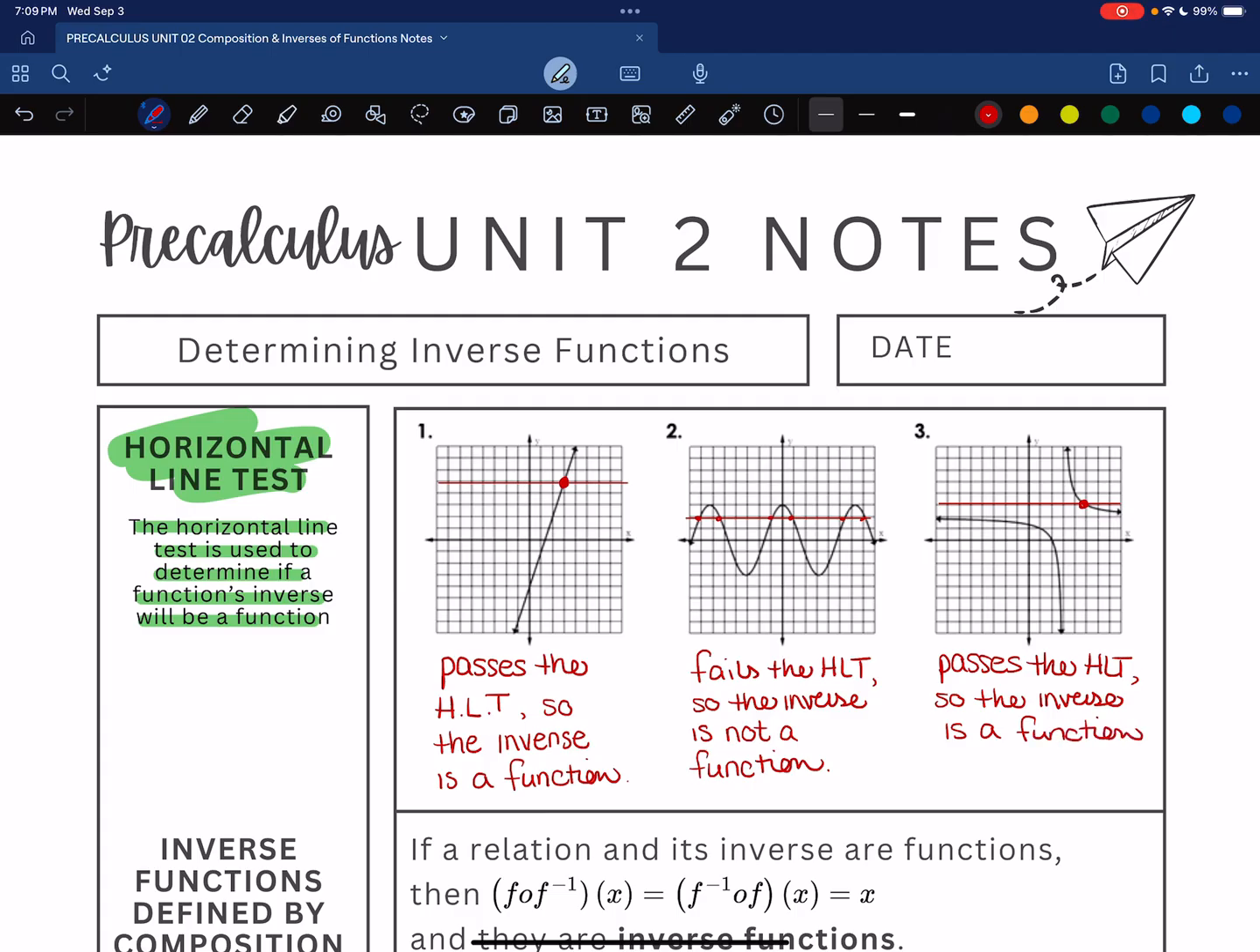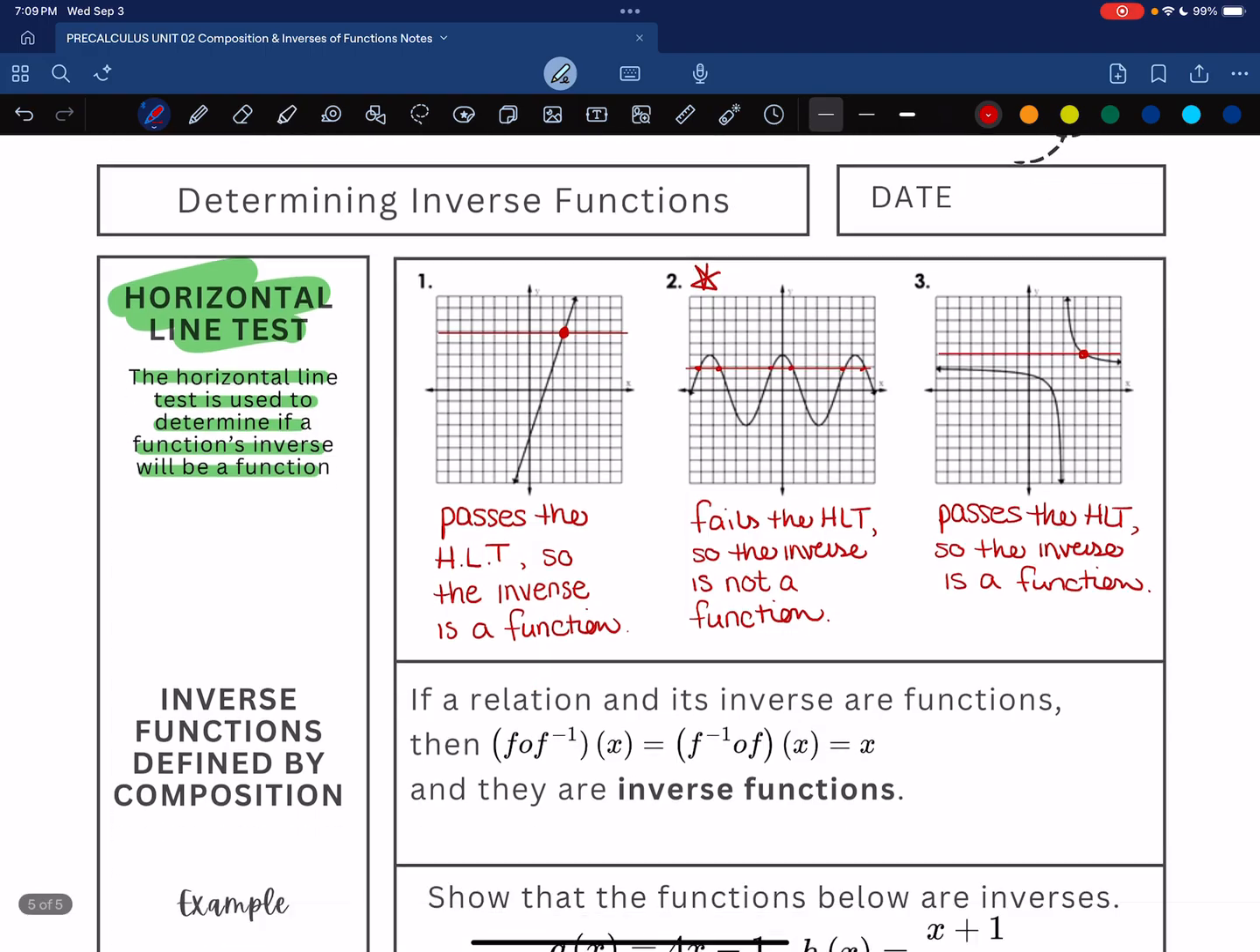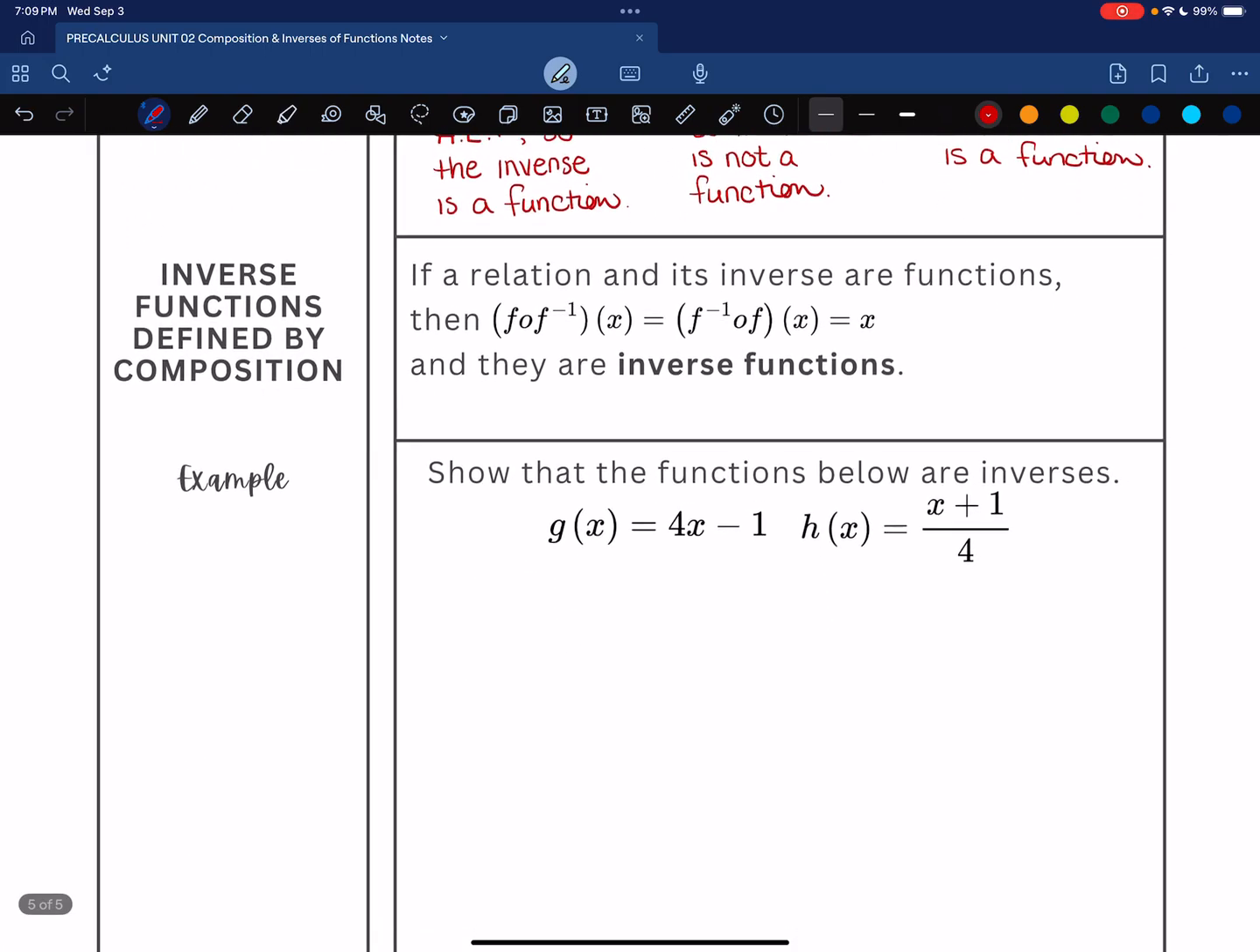So again, for the first and the third example, we could find the inverse. But for example 2, we would not be able to find the inverse for that function unless something was done to restrict that so that it passed your horizontal line test. Now,